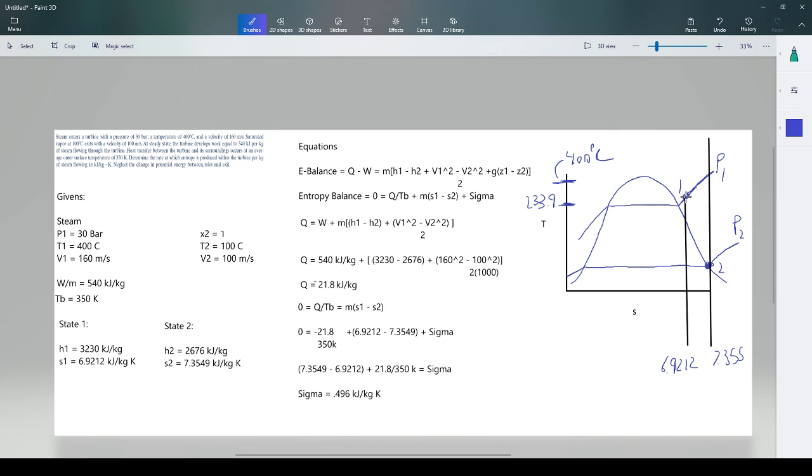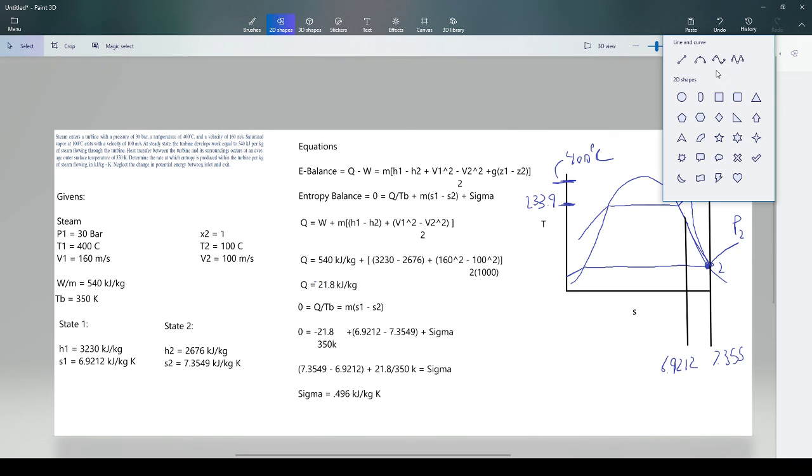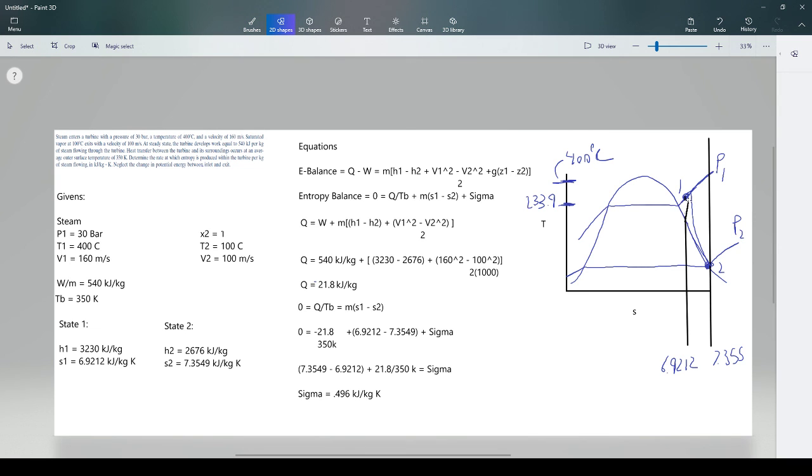And how this process looks is, forgive my drawing, something like this. Like a weird arc here, ending down. Because it didn't go straight, right? That's the whole point: it wasn't a straight line down. If it was a straight line down, it would have ended up further into the saturated region, and it would have been isentropic. It is not isentropic here, because we went like this down to state 2, and we gained entropy.